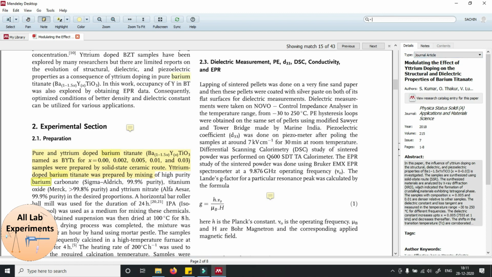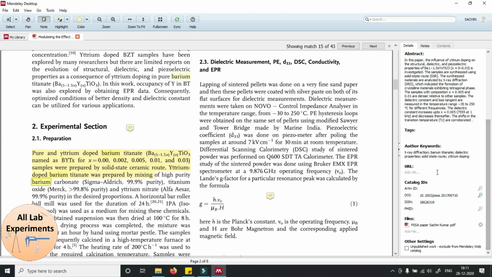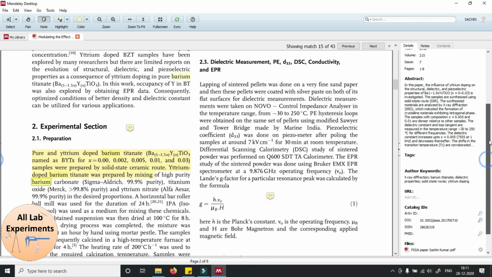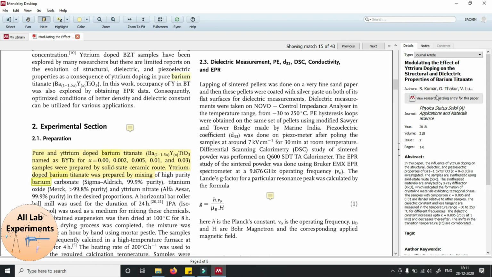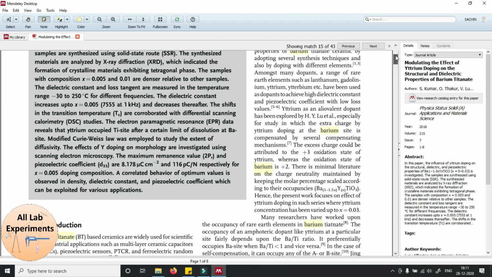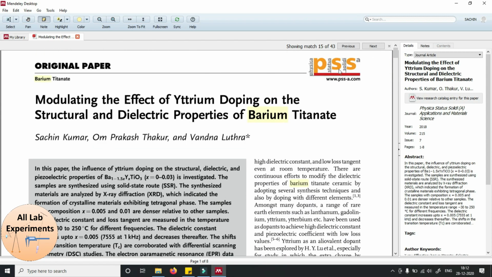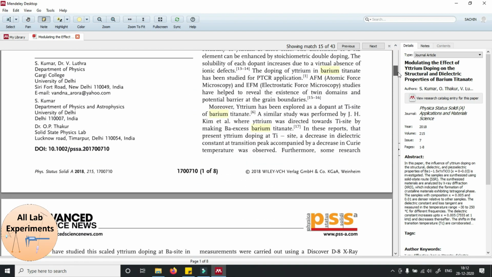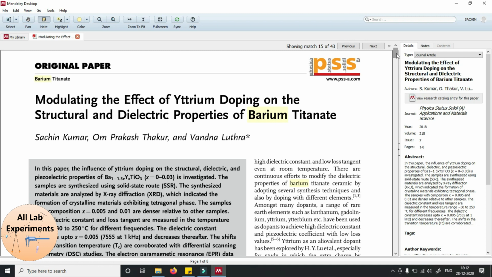In the right column I have all the information regarding this paper, even its DOI number, its abstract, its authors' names, journal name, year, volume. So Mendeley is doing it on its own. You need not find out where the DOI number is written, or many times in the paper it is not mentioned, but through online links it will pick up the information.